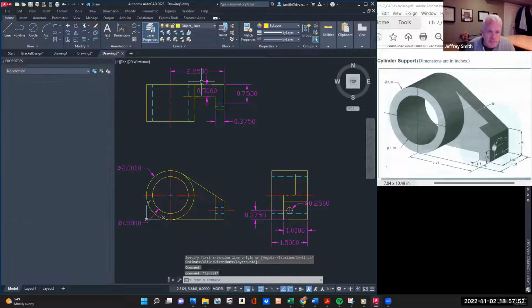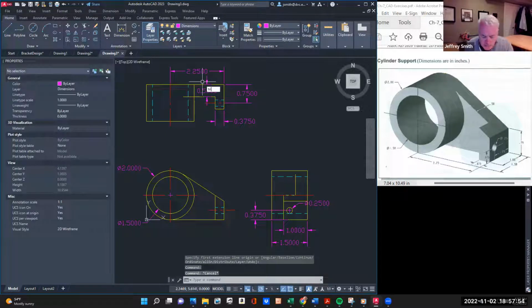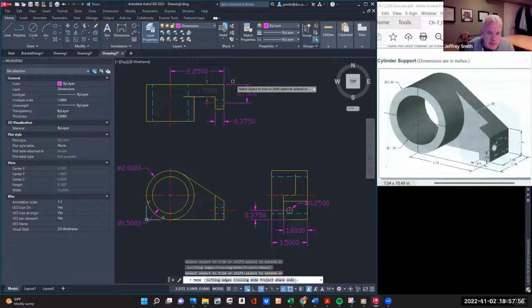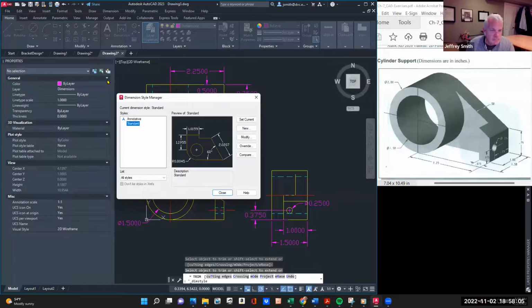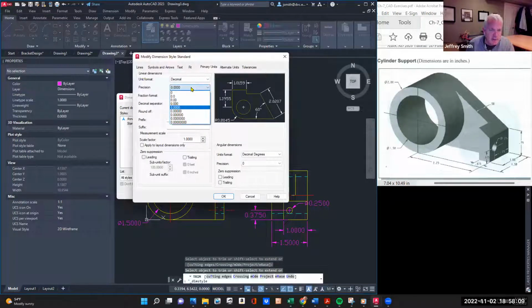You want to inspect it first. So I'm going to trim this here, trim. That doesn't need to be there. And I'm doing this live. So now what I might do is go into my format, dimension style, and let's see if we can say modify. I'm not sure if I have to have the layer on. Let's see here,